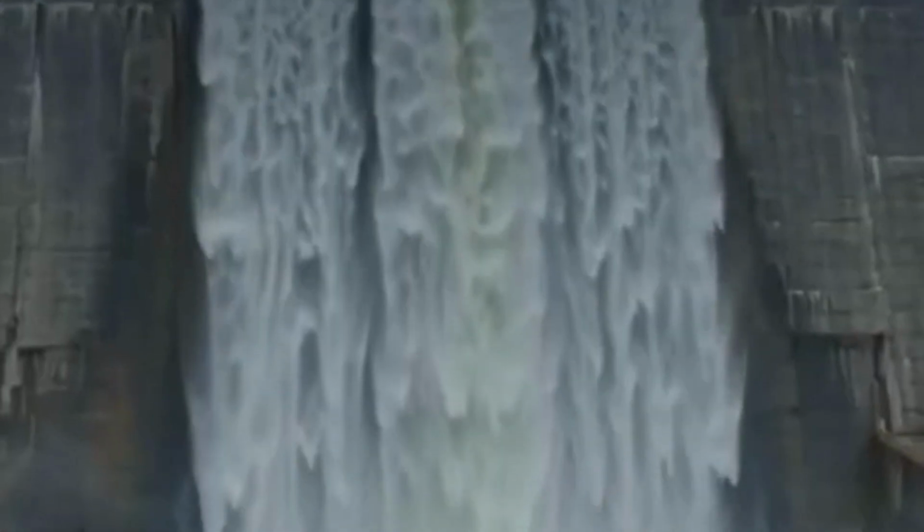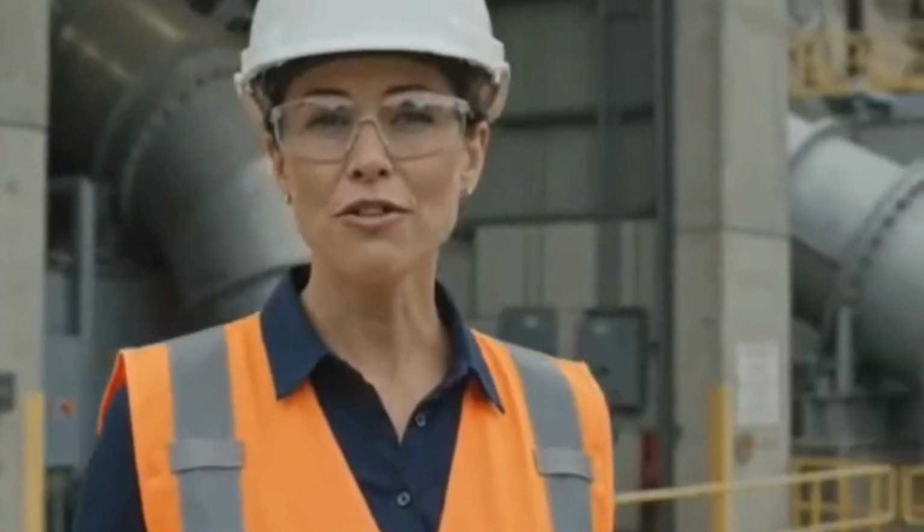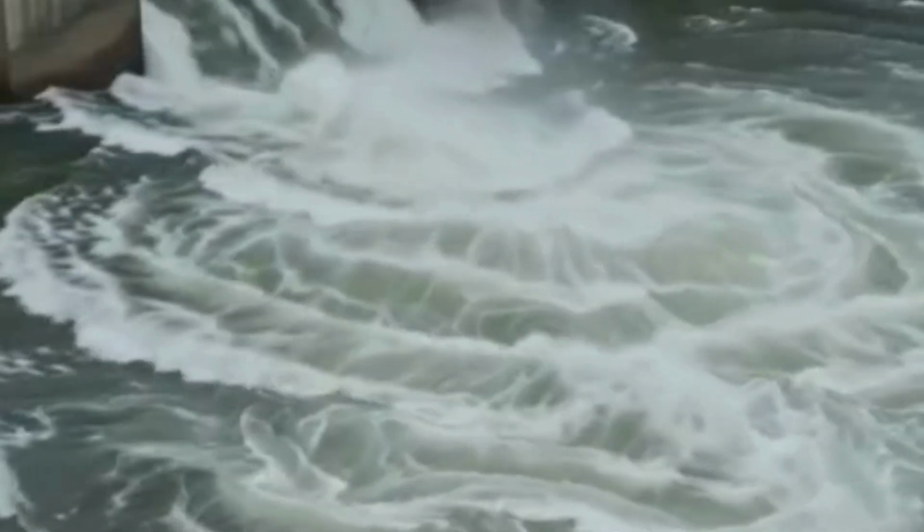Power generation in a hydroelectric plant depends mainly on head, flow rate, and efficiency. Using the formula P equals ρgQHη, and